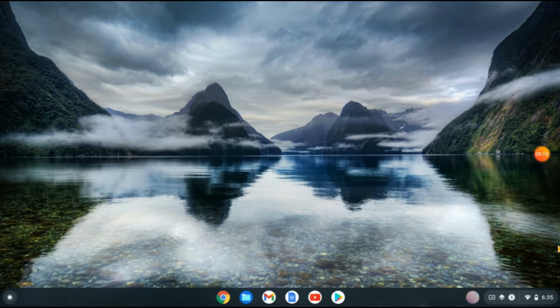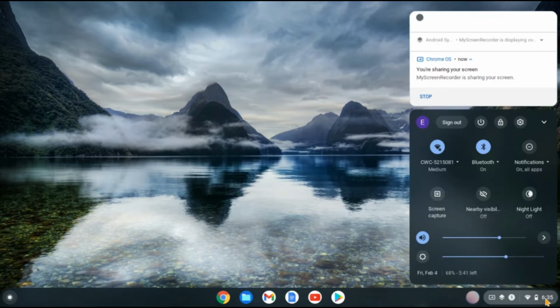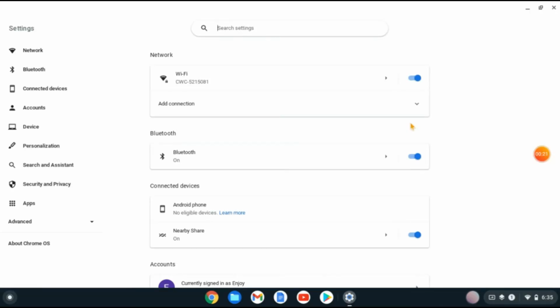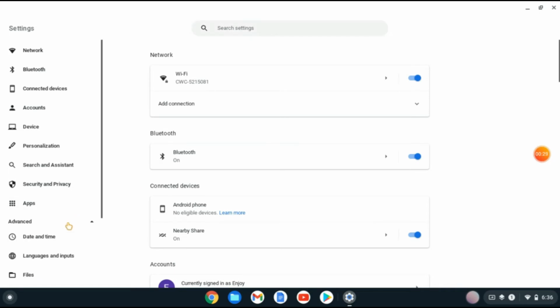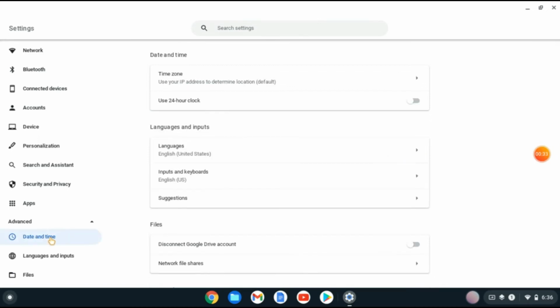First, you'll need to go down to the bottom right hand corner and you'll tap on the current time. Then you're going to tap on the settings cog. And from here, you're going to go over to the bottom left hand corner and you're going to tap on advanced. Then you're going to tap on date and time and you're going to select time zone,